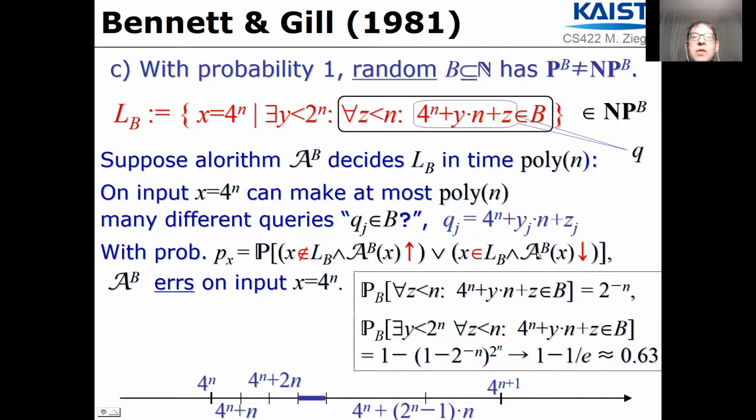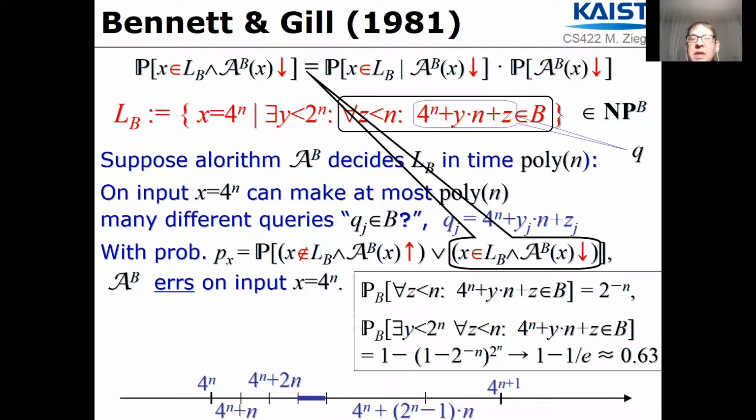And conversely, consider an algorithm which always rejects, then the situation is reversed. We're going to show that in either of the two cases, however the algorithm performs, at least one of the two cases will occur with probability at least 0.1. And to this end,